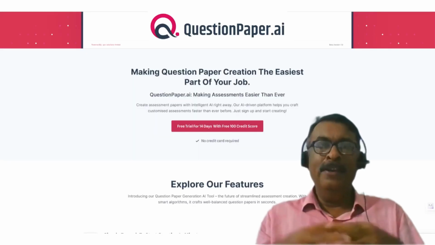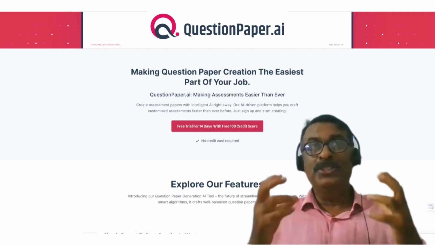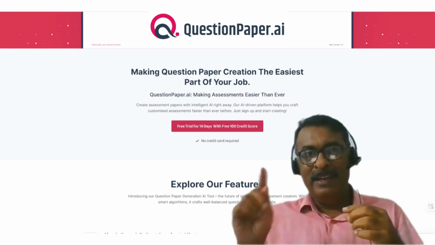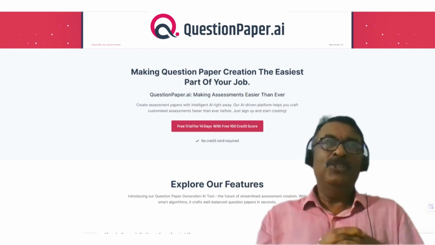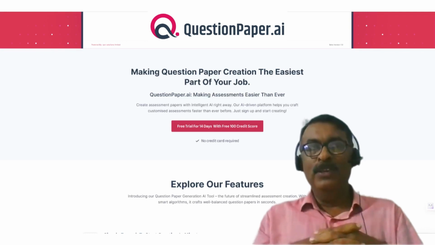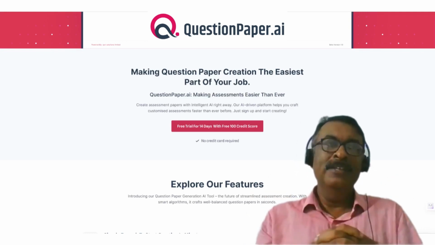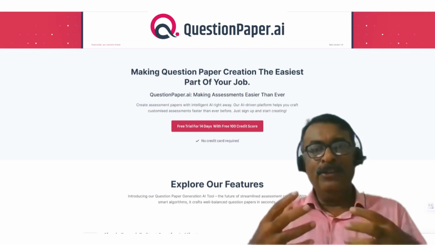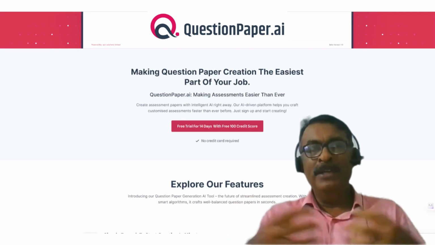This is a web application which is being built for generating a question paper with just a click of your hand. The importance is that we know that the higher education segment is now in the face of disruptions. A lot of change has been happening in the higher education section with the implementation of